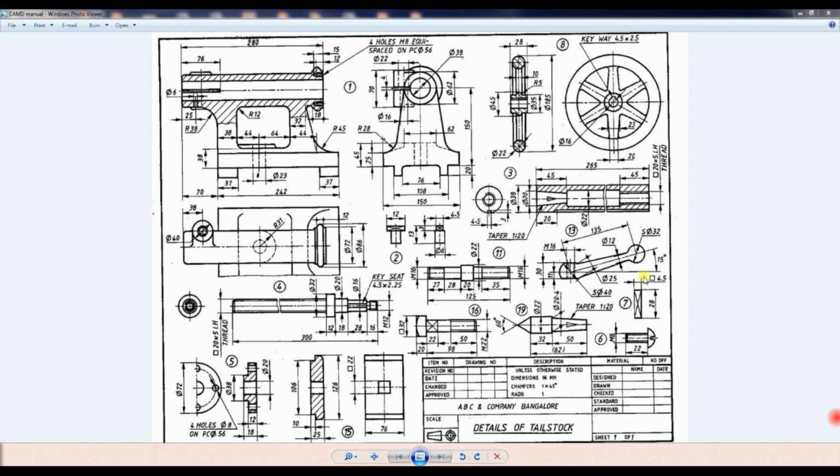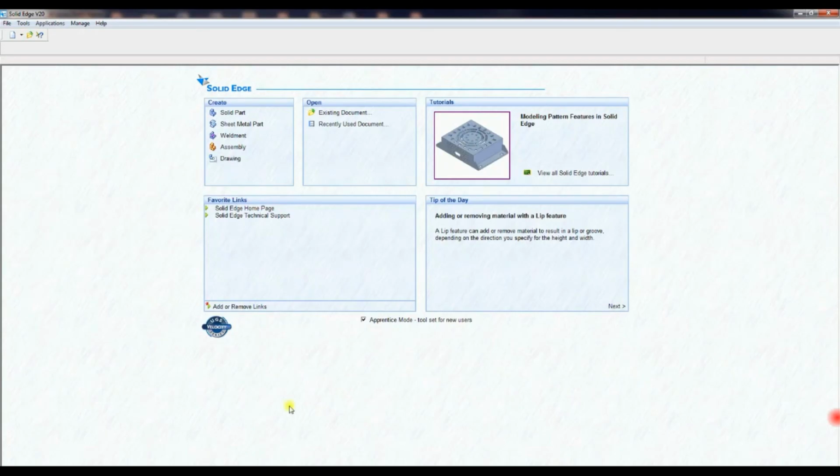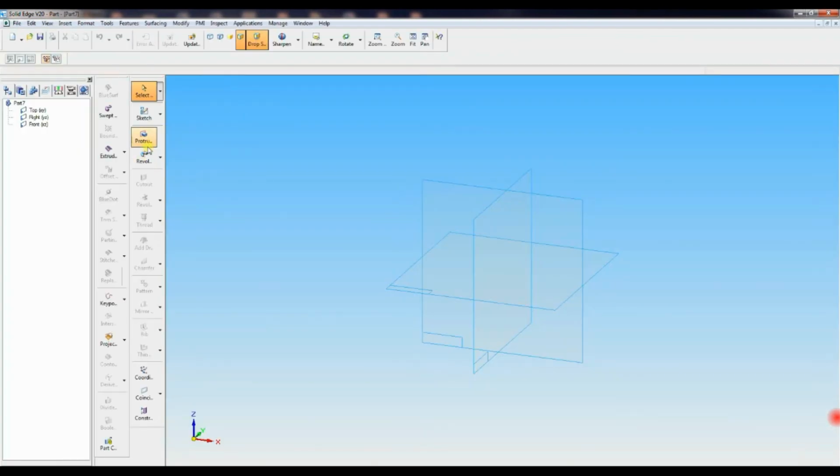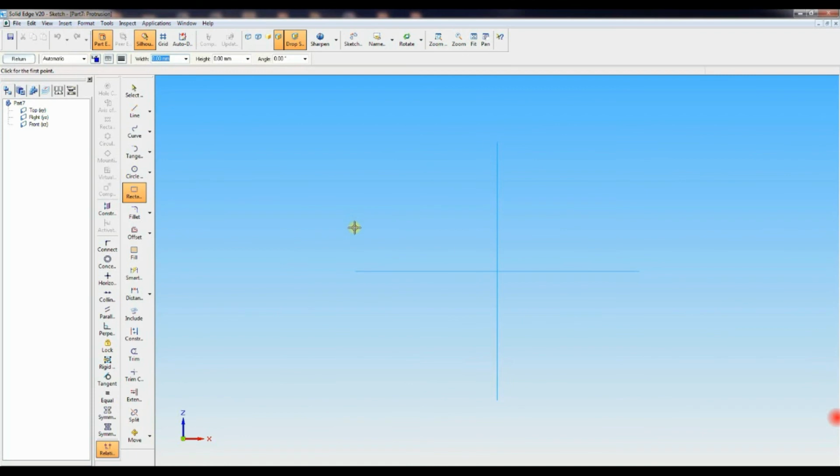Then go to part number 7, which is 28 mm height and 4.5 mm width, square 4.5. Select protrusion, select the front plane, draw one rectangle like this.